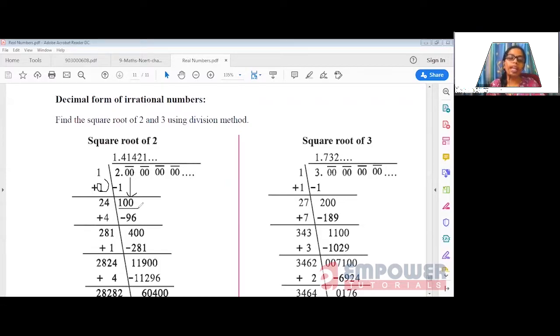Now how to choose the next number? And also we need to do the addition of these 2 ones. So 1 plus 1 will be how much? 2. After 2, you have to make 1 vacant place over here. And we have to look for the number, which number we will put over here. So how to find out that? We have to take a number such that when we multiply it with this number... So suppose I am taking 1 over here. Okay. So 1 into 21 will be how much?